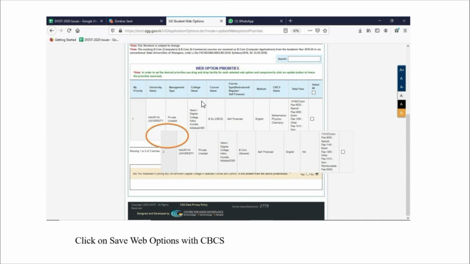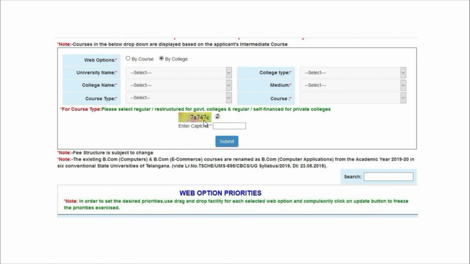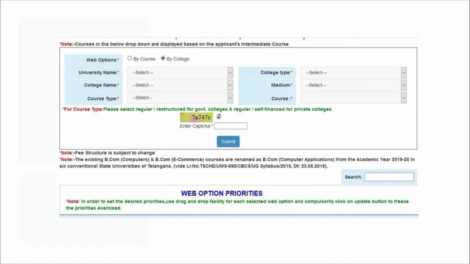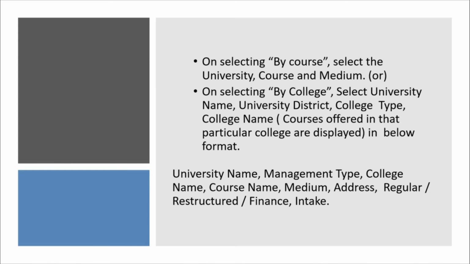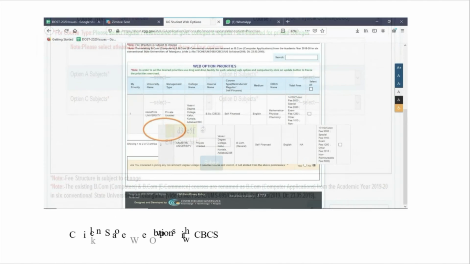The previous screens I showed you will help you find the courses. Let me quickly come back to show you the screen which will help you find the courses. You can select by college or by course. The options are up to you. The courses depend upon your requirement. Maybe you like MPC, you can just select the course and then come down.